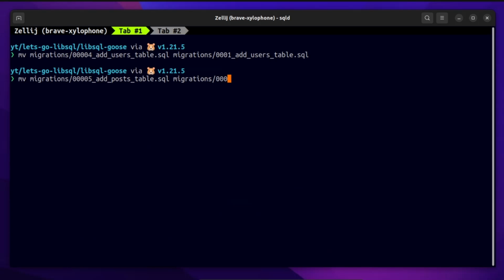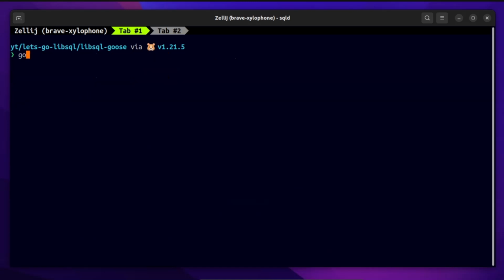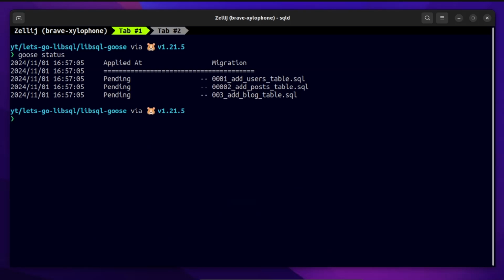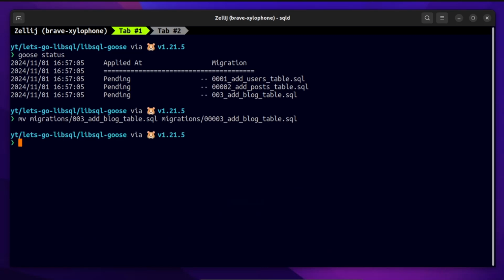So once that is done, if we type in Goose status, we can see the order is still a little haywire. Let's add one more zero there. I missed one zero over there. So let's add one more zero for the last table, and that should be it for this. And we will also need to add it for the users table, two more zeros. So once that is added,